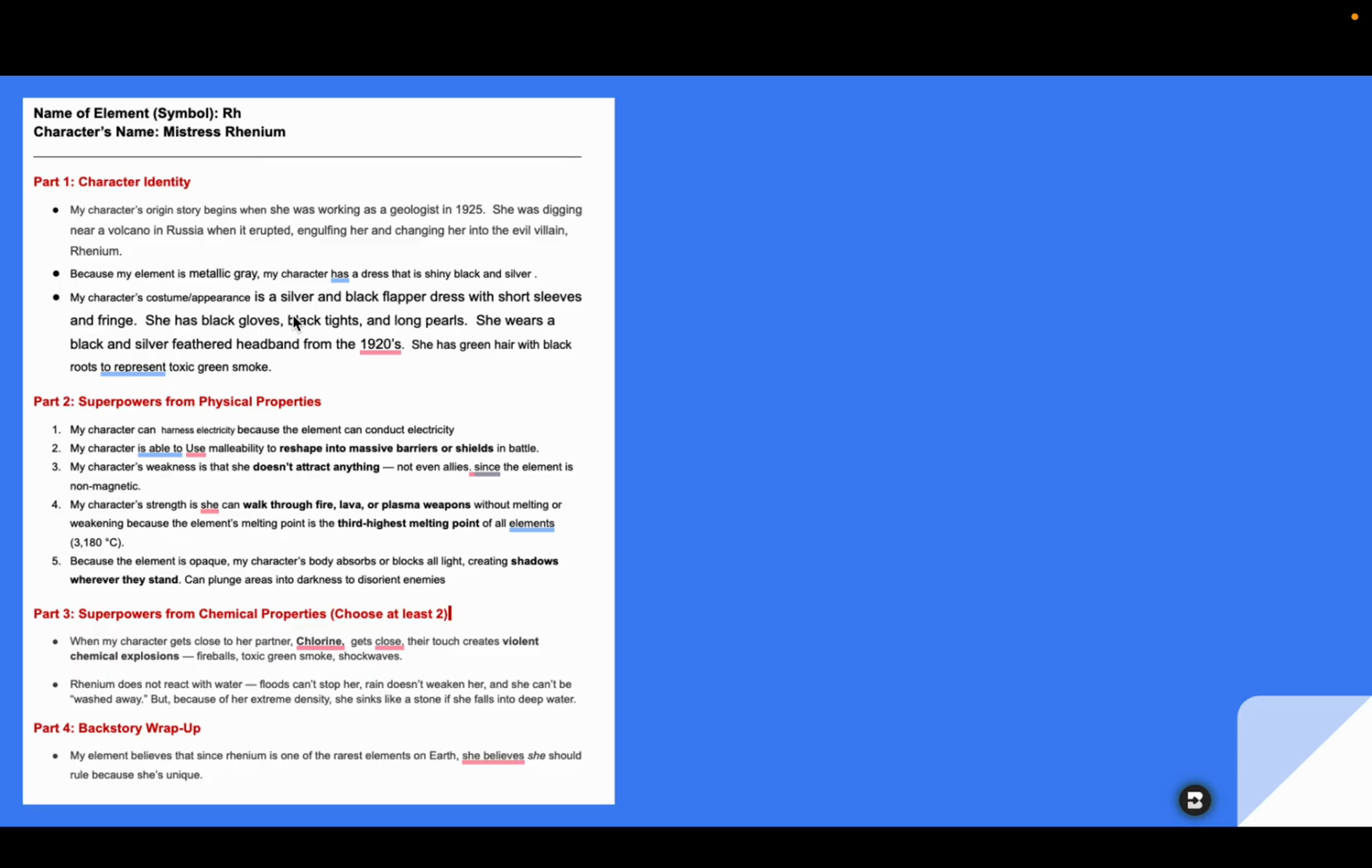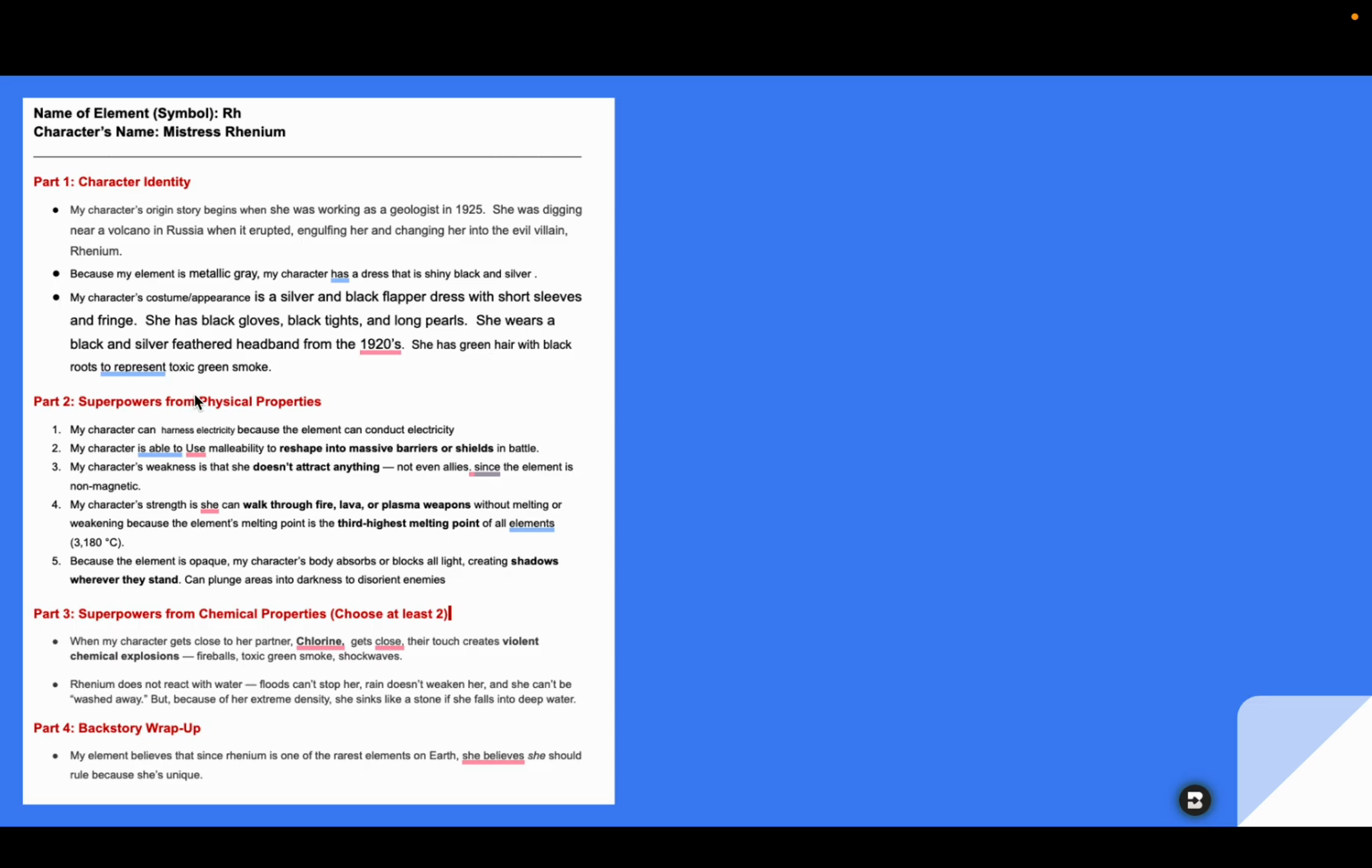And her costume, again, going back to the 1920s, I was looking at what kind of dresses were in fashion in the 1920s. And there's something called a flapper dress, and it's got fringe on it. And so my appearance is a silver and black flapper dress with short sleeves and fringe. She has black gloves, black tights, and she wears long pearls. She wears a black and silver feathered headband from the 1920s, and she has green hair with black roots to